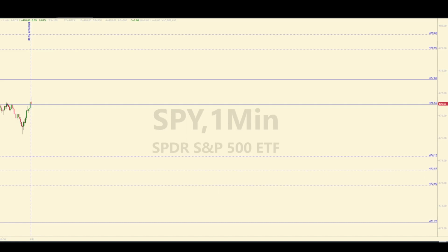Today is Thursday, January 11, 2024, and this is a chart of the SPY or spiders before the market opens. It's currently 9:15 a.m. Eastern, and the opening bell is in about 15 minutes. You can see the 8 levels that have been identified to trade against today in the E-mini futures, and 5